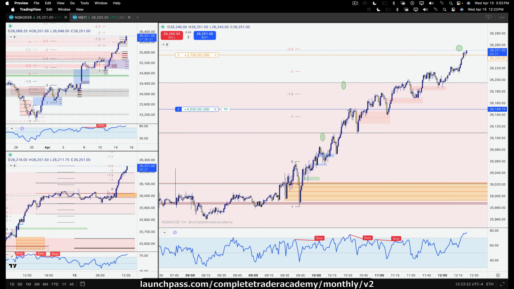Then it goes through and comes into this 1 and 1.5. I have a projection here from this whole range, right? Because it's an external high and an external low. So a very, very nice range to project. 1 and 1.5 is here, and then 2 to 2.5 is here. But I know the goal is at minimum to come to this next level, which is outside the gap, correct? Not a weekly gap, the imbalance gap, okay?